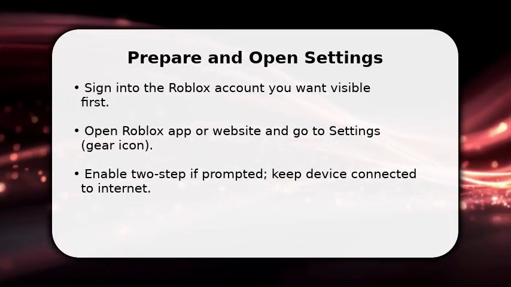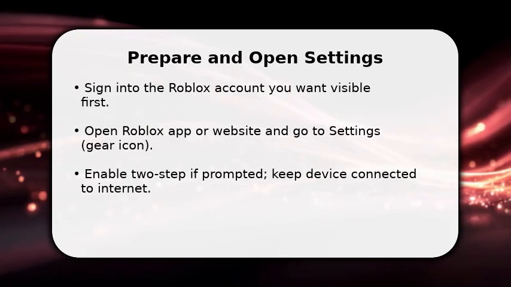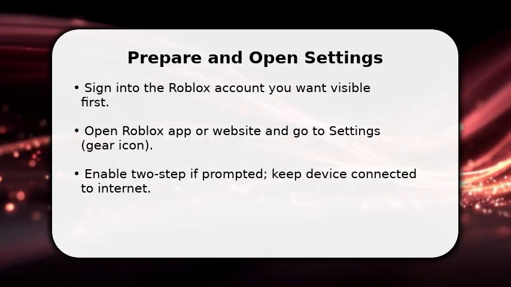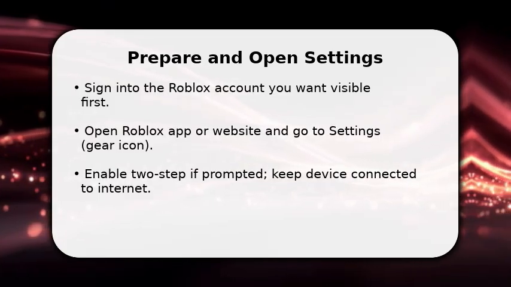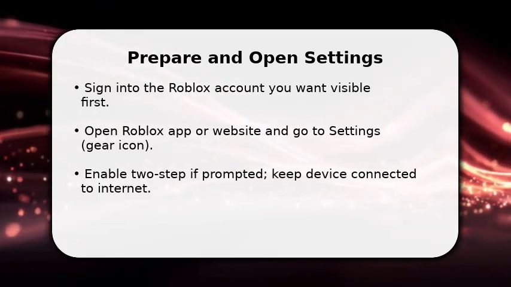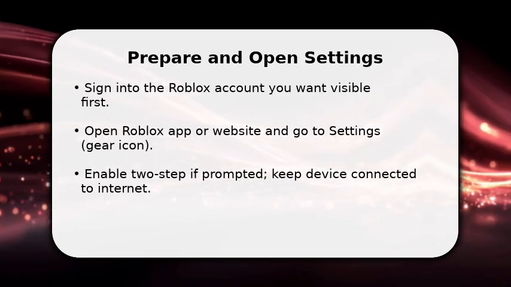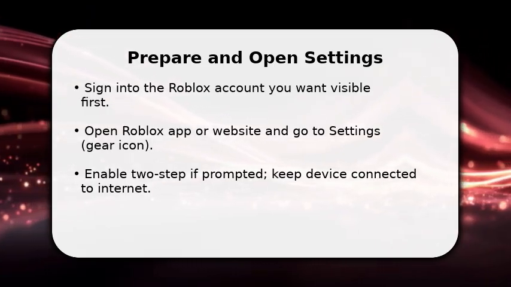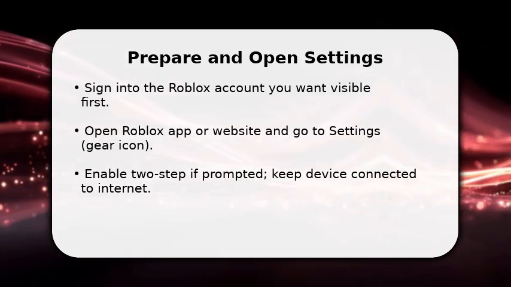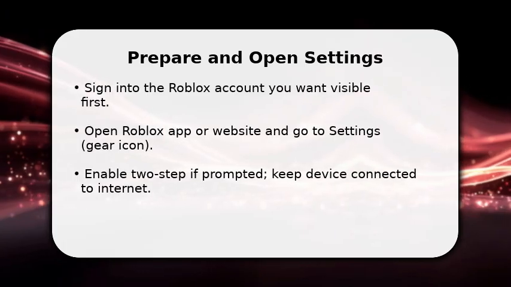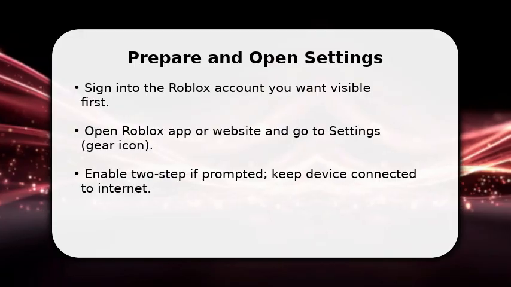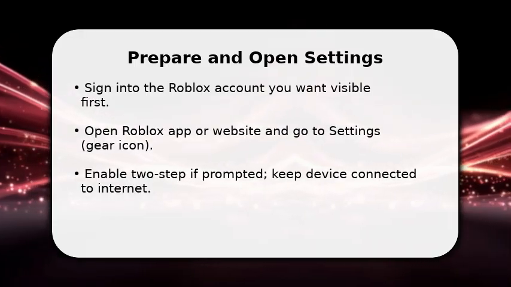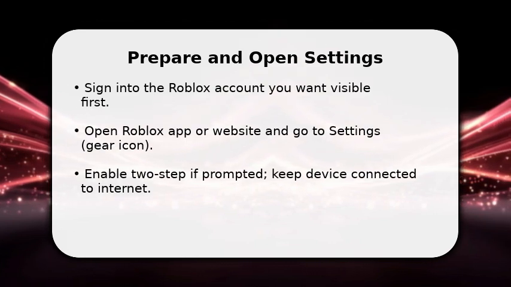You start by signing into the Roblox account you want to add the switch option to. This makes it the active profile. Once signed in, open settings via the gear icon on the site or app, because that menu contains account and device links. Make sure your connection is stable and, if prompted, enable two-step verification to avoid interruptions. Doing these prerequisites ensures Roblox recognizes your session and will display account controls when you proceed to the next setup